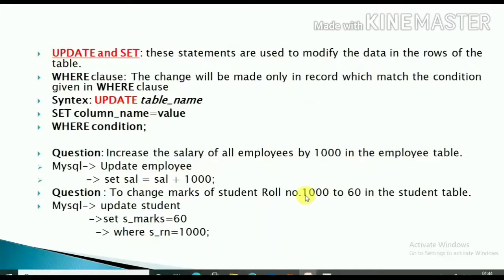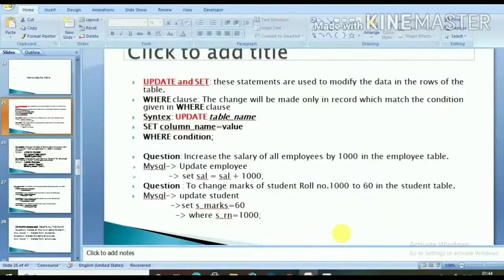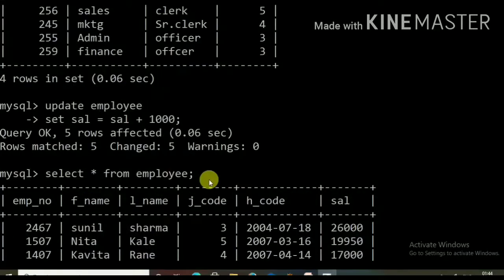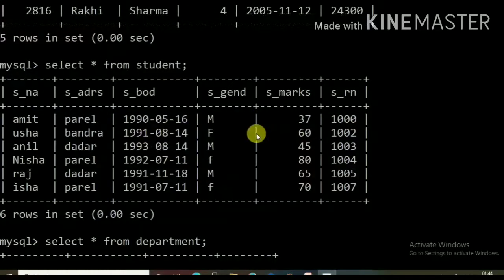Now we will see one more example. Change the marks of the student with roll number 1000 to 60 in the table student. So you have to change the marks to 60 of roll number 1000. This is the table student and this is the student with roll number 1000. We have to make the marks of the student 60.